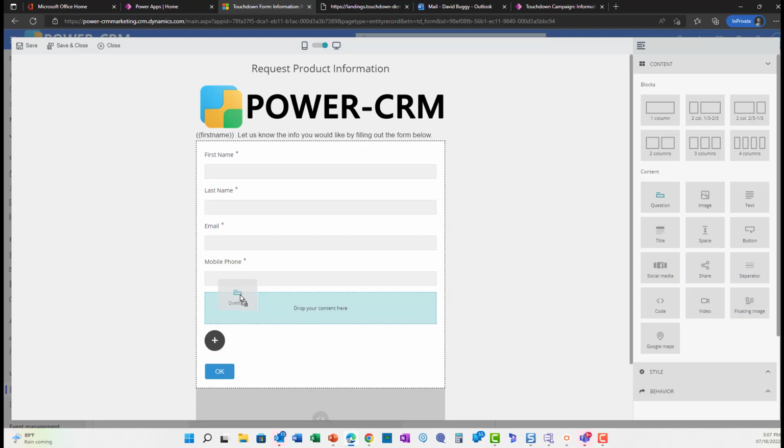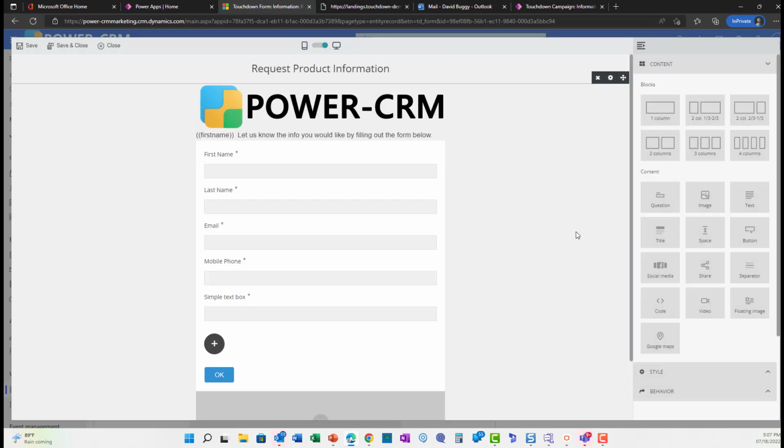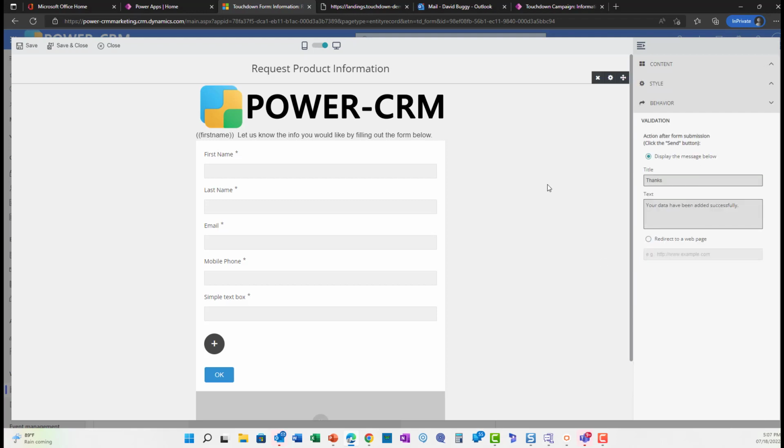the question is where you have the ability to insert your fields from CRM, and you can promote any field you want in CRM to be available to be placed on your forms, or you can add custom fields as well. And you don't need to go anywhere else to add a custom field. You can do it right from here. You can give it a name and add your custom field from here, and it will automatically create that in the CRM system. So really, really easy, powerful, just an exceptionally easy tool to use for creating your landing pages